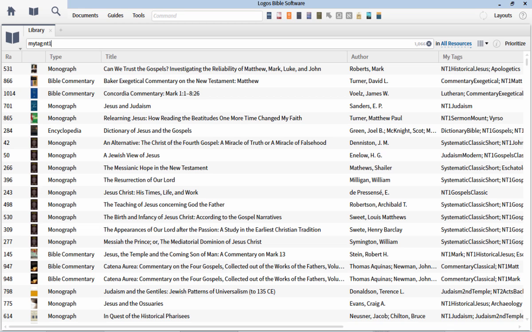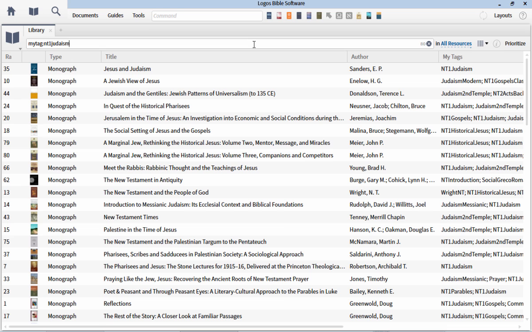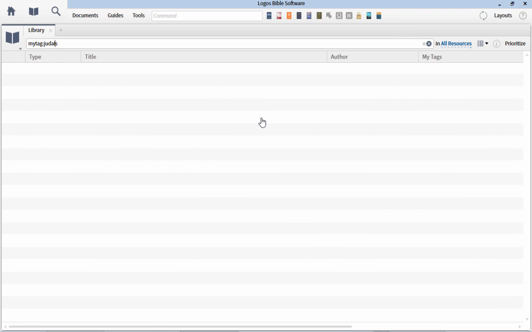NT4, all my books on the general epistles. NT5, all my books on Revelation. NT1, Judaism, is all my books that talk about Judaism related to the Gospels. Or I have another tag called Judaism